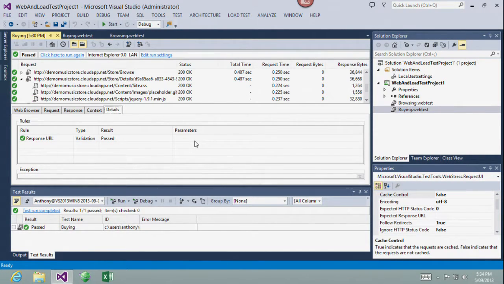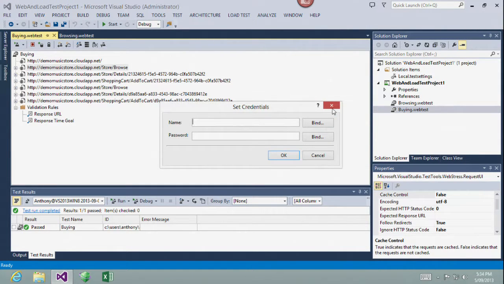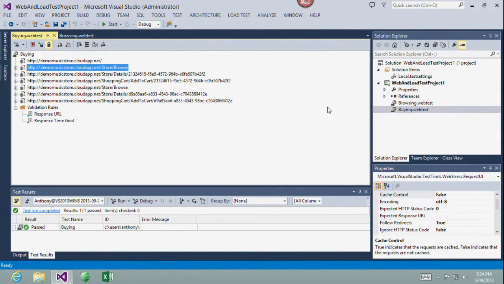So putting some validation rules in there, if we have certain text on that friendly 404 page, then we can make sure that we're not receiving that. And that's really nice, just to make sure that those pages are what we expect they're going to be. We won't dig into that detail. What I will do is I'm going to go in, close out of here. How about we go and have a look at some of these other options here. Firstly, I can set some credentials. I can also data bind those credentials. So if there is some form of authentication on your sites, that can be dealt with as well.